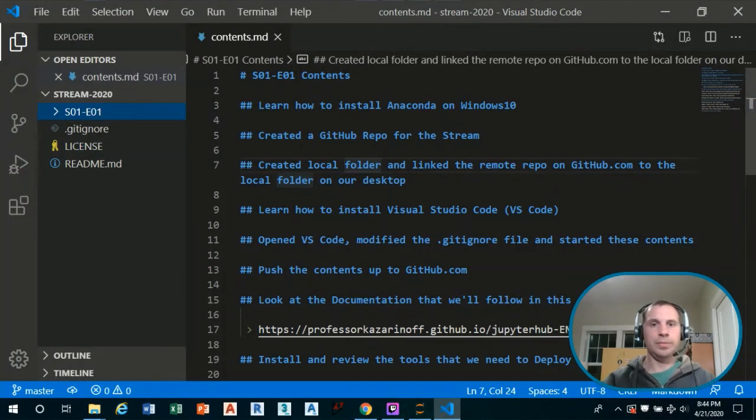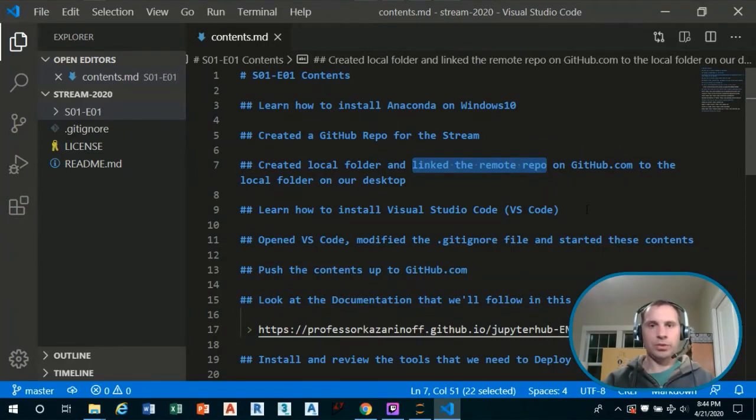So here in the documentation, I've got this local folder created, and it's linked to the remote repo on github.com. And so any changes that I make here, I can push those changes up to GitHub.